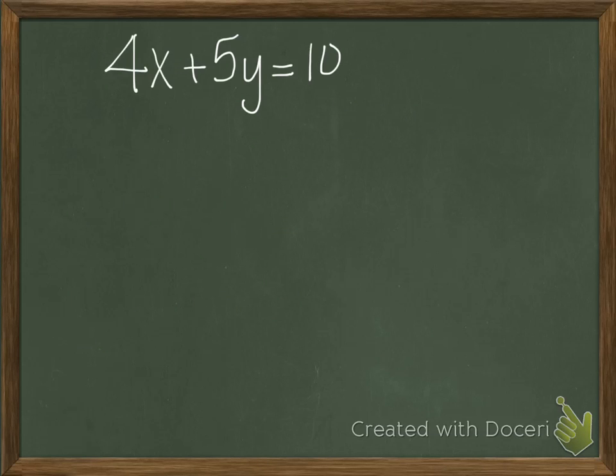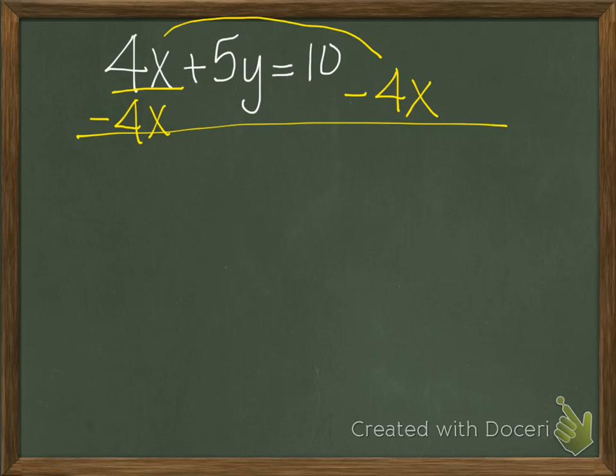Alright, in my first example, we're just going to solve for y, so that means I need to get this 4x on the other side. To do that, you have to take the opposite. The opposite of positive 4x is a negative. So I'm going to subtract 4x from both sides. That's going to equal 1. Bring down your 5y. And I'm going to go ahead and move my x in the front so that I know my slope is in the front. So I have 4x